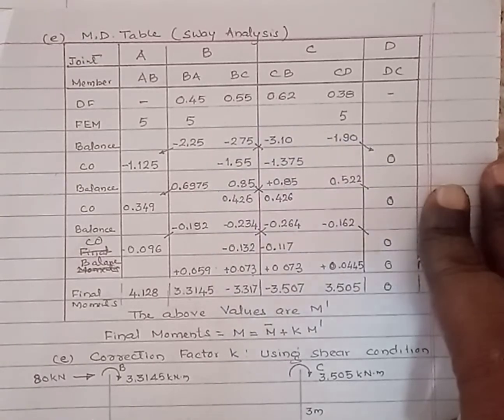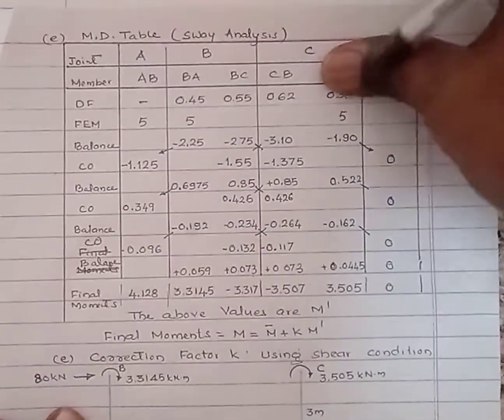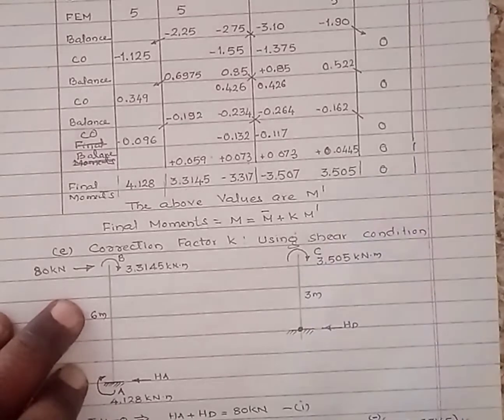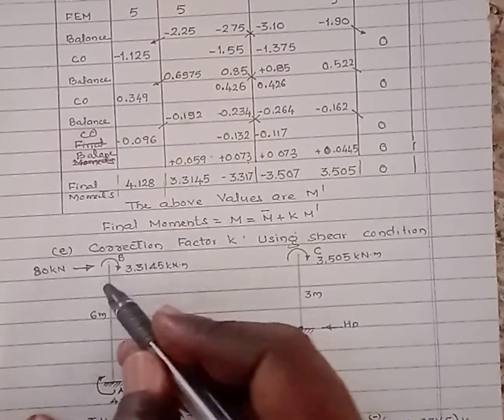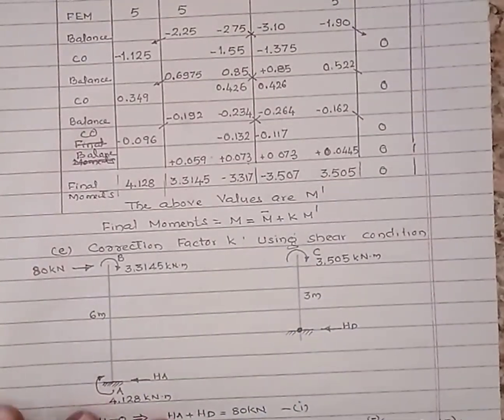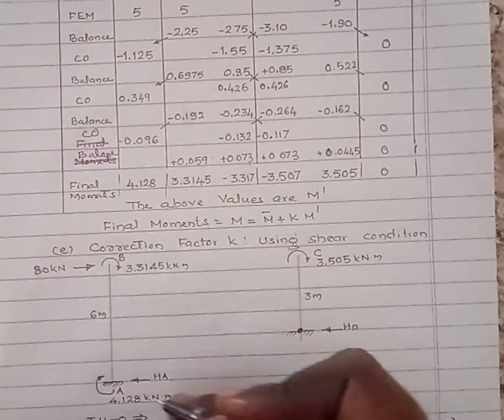Now we have to calculate the correction factor. By using the correction factor, we can get the final moments. Here the correction factor is found by using the shear condition. By drawing the free body diagram of column AB, here we have considered the arbitrary fixed end moment values, the arbitrary values. We have to get the